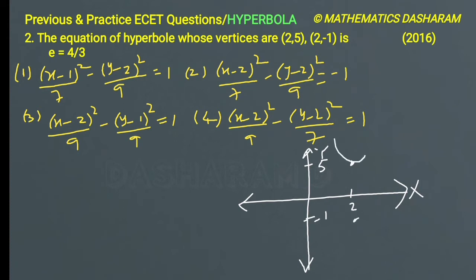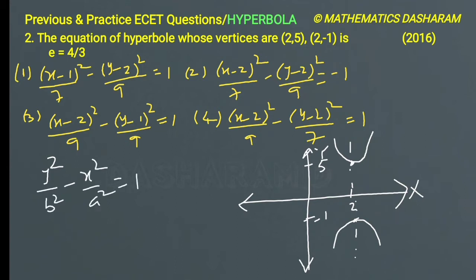Then we can draw the hyperbola at each vertex. So it is called a hyperbola. It is very clear it is a vertical hyperbola. Vertical hyperbola means conjugate hyperbola. The conjugate hyperbola standard form is y square by b square minus x square by a square equals 1. For this standard form the center is 0 comma 0. But it is very clear the center is not 0 comma 0, it is some other center. So the center is h comma k.